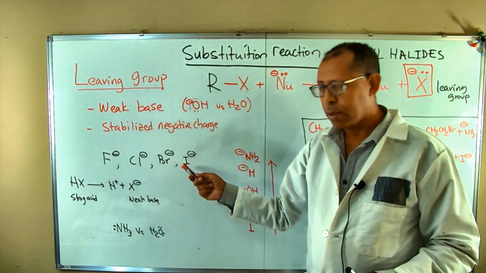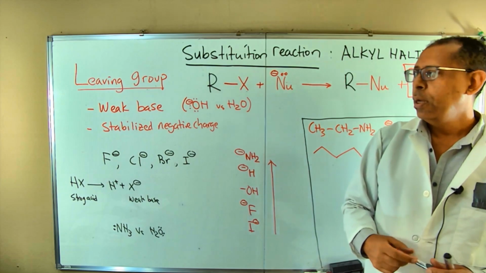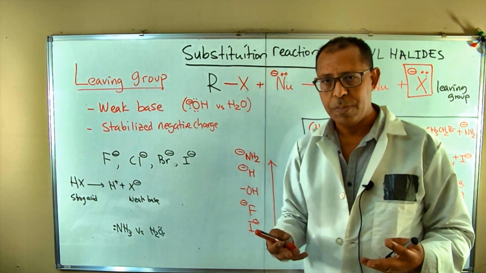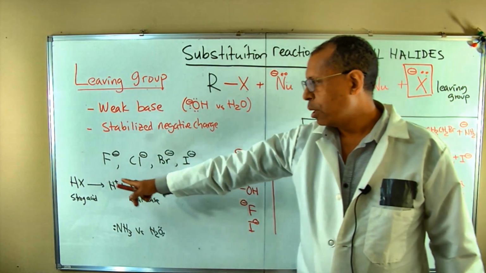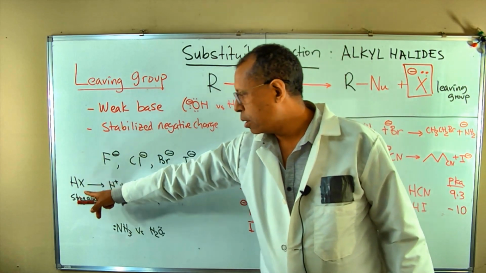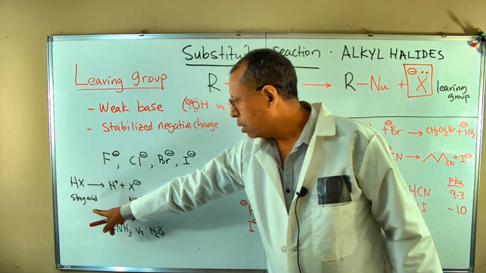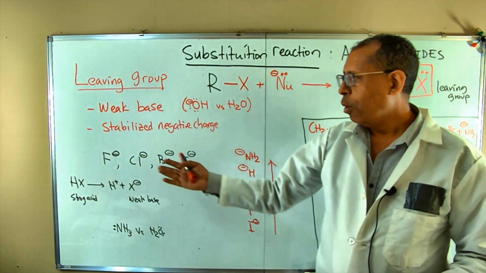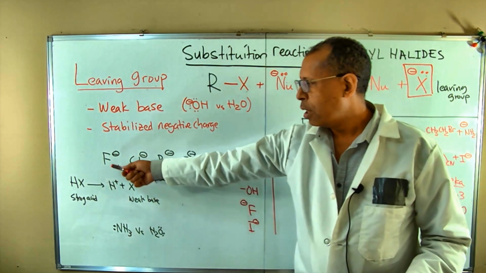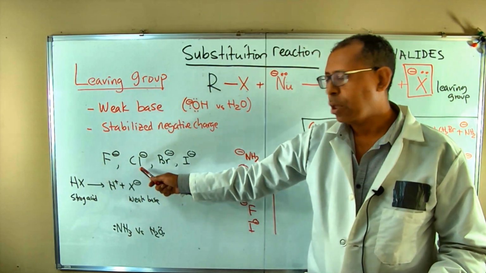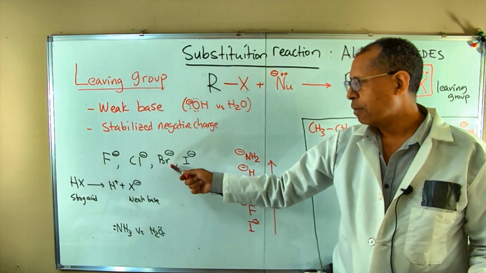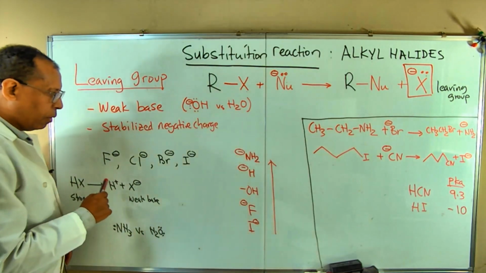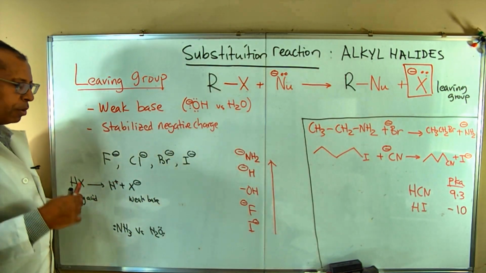If we just compare this, which one would be a good leaving group? The way we have to check this would be which one is a weaker base. So if you just look at their acidity, HX, a strong acid would give a weak base. That's why we are trying to see what their acid looks like. So HF is the acid for this, HCl is the acid for this, HBr is the acid for this, HI is the acid for that. So if you just look at the strength of the acidity from what we have seen previously,